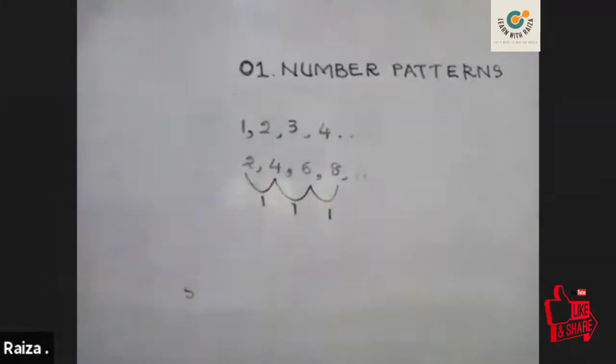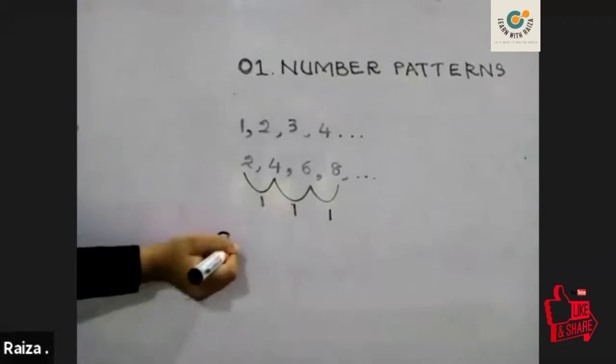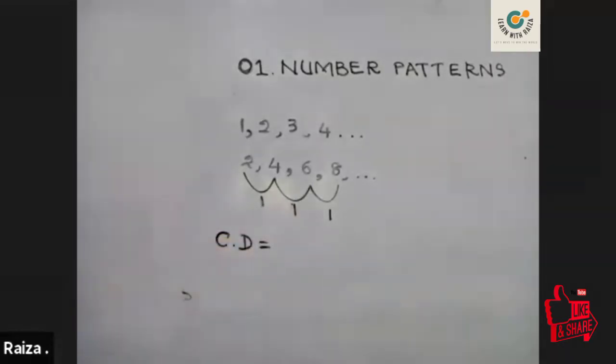So here also in grade 9, you are learning number patterns with a certain common difference. In this lesson, the first thing you should learn is what is meant by the common difference. How do we find the common difference in a number pattern? When you are given a number pattern, to find this common difference, let me write it as CD, you should take any term in this pattern except the first term.